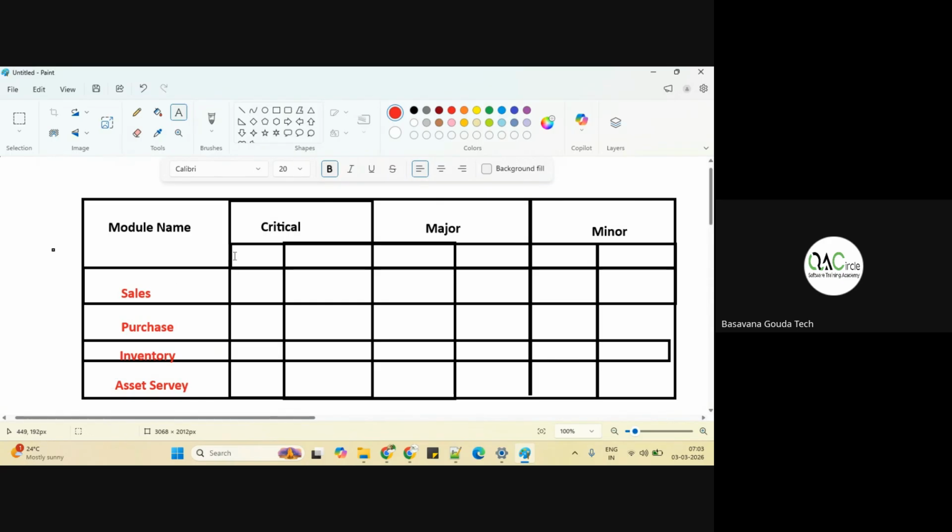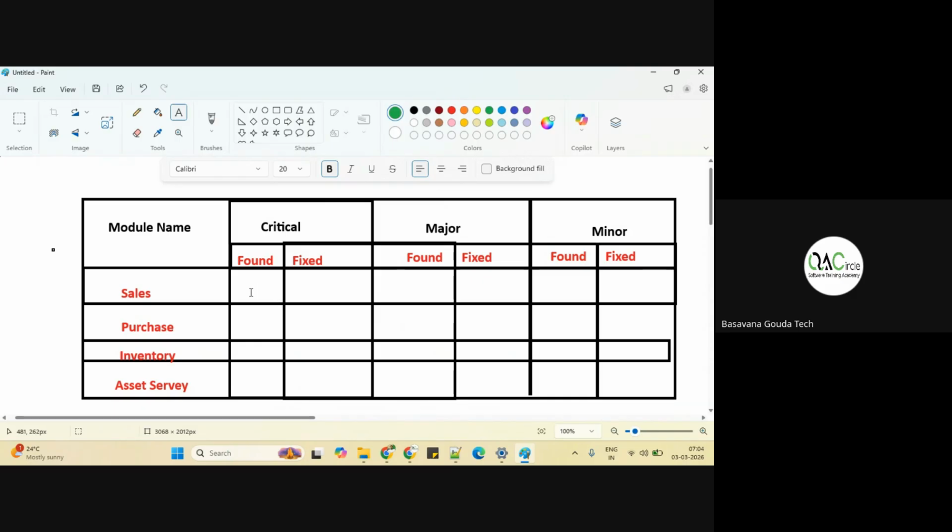In this, how many critical bugs have we found versus fixed? Let's say we have a sales team, so they have found around